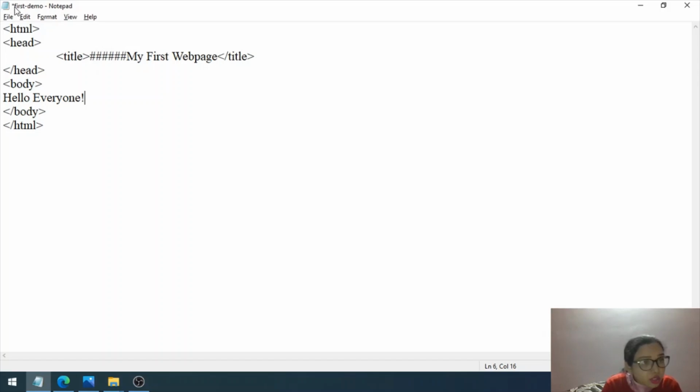This asterisk tells you that there is certain content which is unsaved, and as soon as you press Ctrl S, this asterisk is going to disappear. I hope you have noticed this. Now the asterisk is no more coming here, which means the work has been saved.